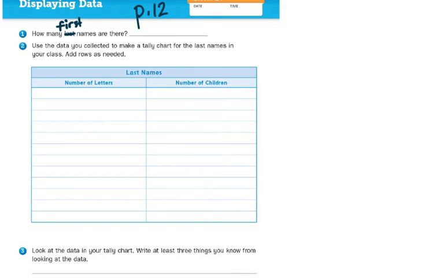How many first names are there? Let's think about who's in our class. Let's include all students, 3rd, 4th, and 5th grade. I will go ahead and write down all of our students' names. We have Jayla and Kyler,